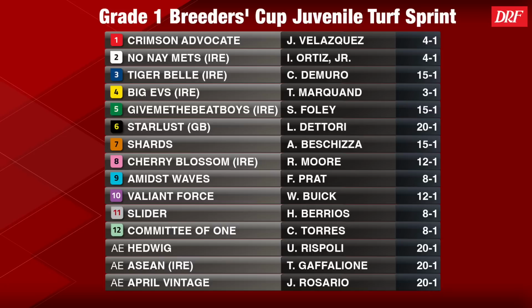As far as Big Evs goes, I've been pretty impressed with what I've seen from her. She is a speed horse over there. We'll see if it translates to North America. Generally speaking, just because she's so fast, I have a feeling that she might really appreciate firm ground here. If she gets out of the gate, I guess she's a player. I don't know that I'd be thrilled to take her as the favorite in this race, but I won't be surprised when she runs well. Absolutely agree with you. It'll be interesting to see how the tote action is on race number 5 that kicks